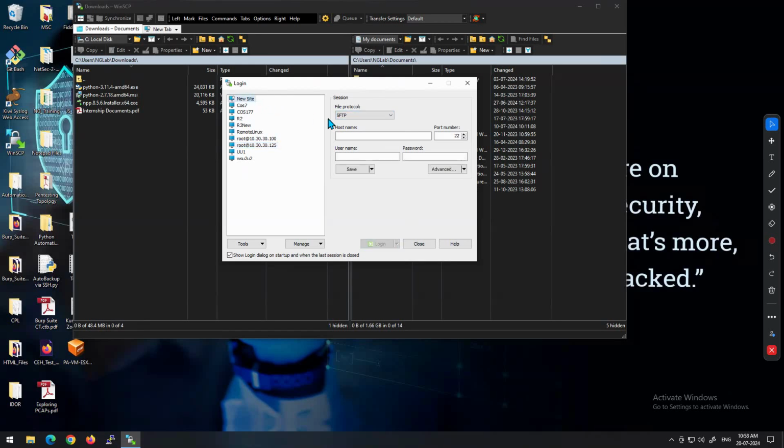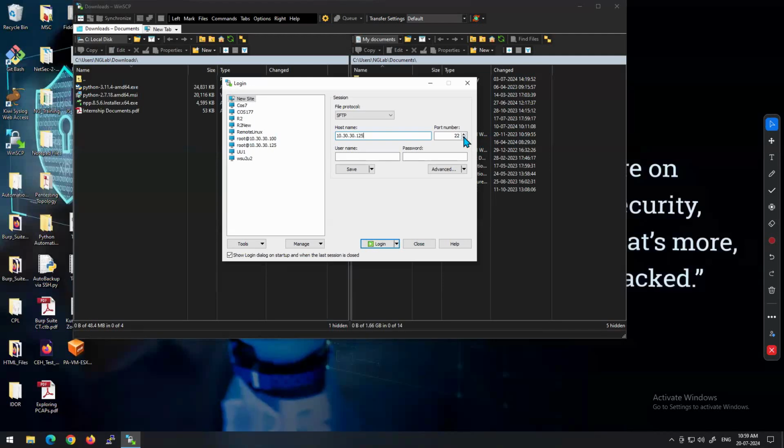Let's say new site. You can type the protocol: SFTP, SCP, FTP, whatever you want to use. If you want a secure connection, SFTP, otherwise only FTP. Type the host name. If you don't have the idea about the host name, you can type the IP address, so the EVNG IP address, let's say 10.30.30.125. That is my EVNG IP address.